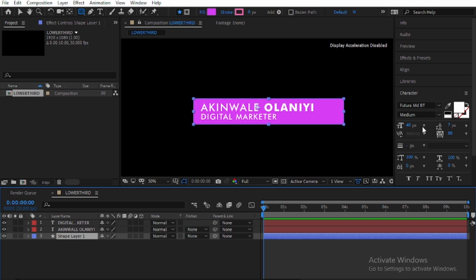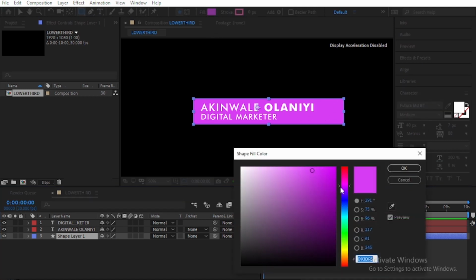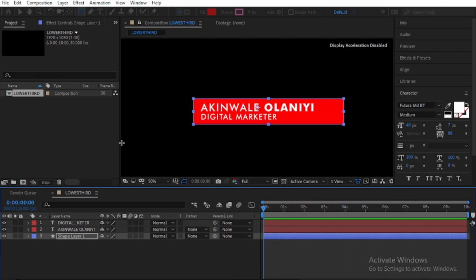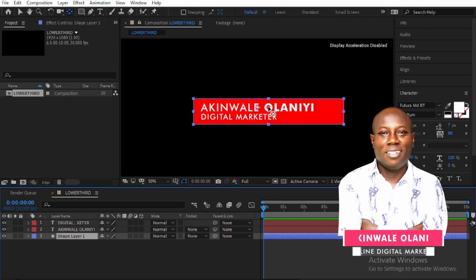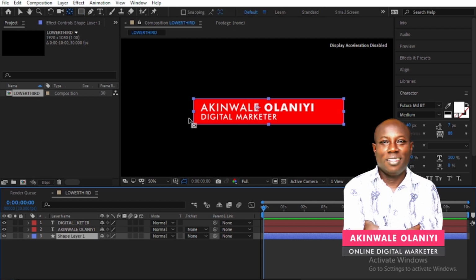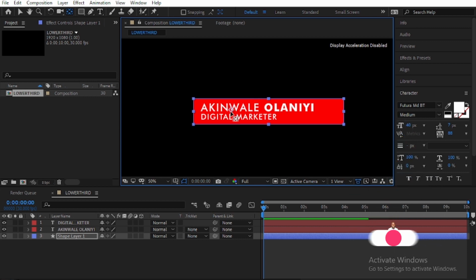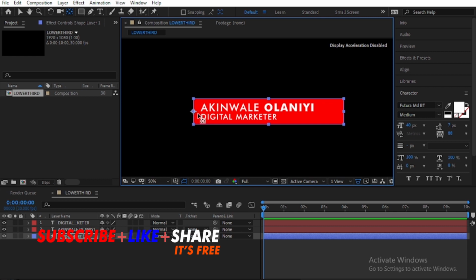What I want to do here is to change the color of my rectangle, my shape. Let's leave it on red. Yeah, I like it on this red. I'm going to move this anchor from here to the left hand side. So I'm holding down my control key to put it at a perfect spot. With your control key held down, when you drag it to whatever angle I want to put, it's going to fit there properly. So what I want to do here again is to start animating this rectangle, and we